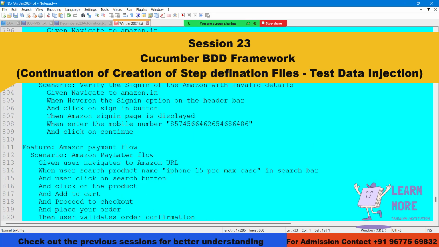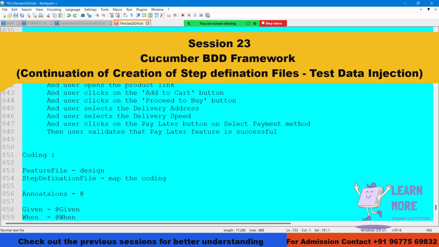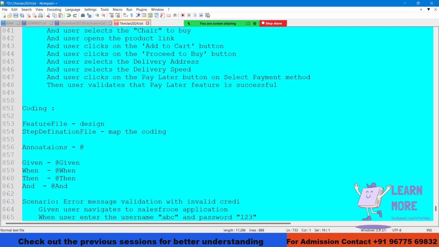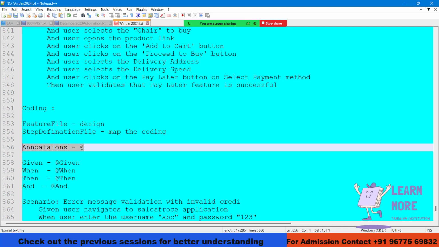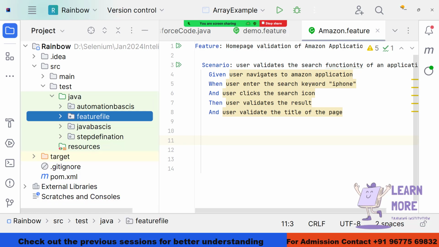Post completion of the test design, we need to map each and every statement. How are we going to map each statement? With the help of the annotations. The annotations are provided by the Cucumber framework, which means we should inject the knowledge of Cucumber. How are we going to inject that knowledge? With the help of the